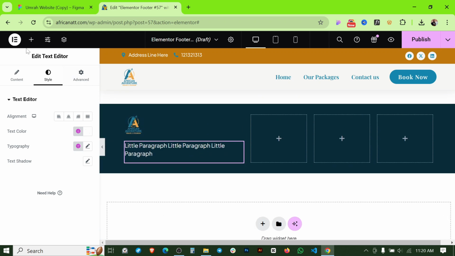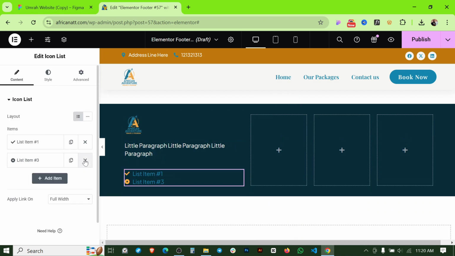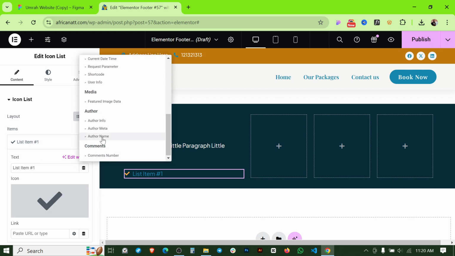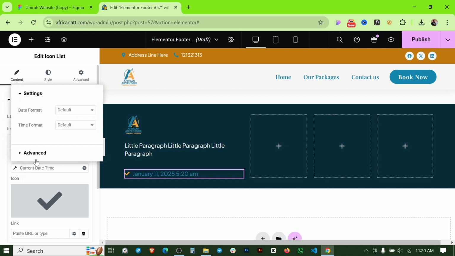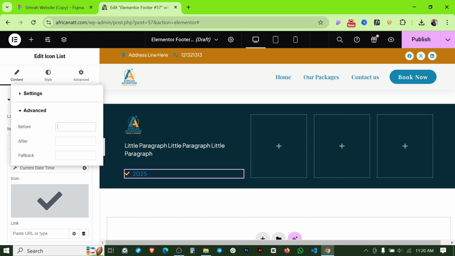and here at the bottom I'm taking another icon list because we are going to make this awesome. And if I click here, if I click here too, and let's make it to current time, and let's click here and let's go for custom, and if I'm only taking Y here, that means the year, and go for the advanced before, and I'm writing